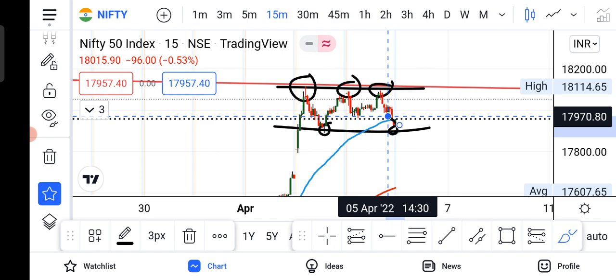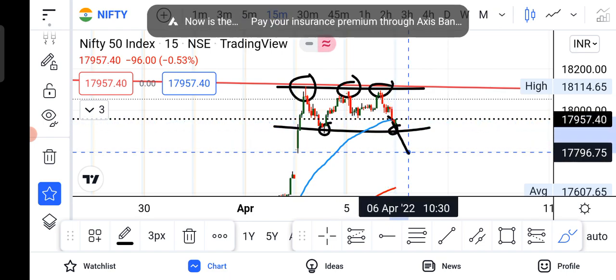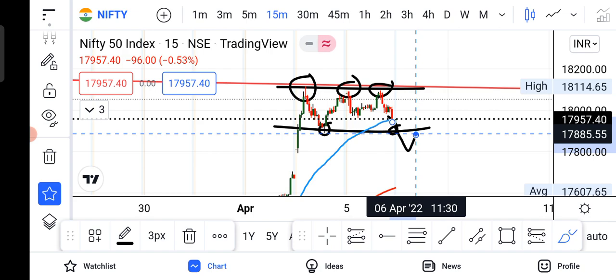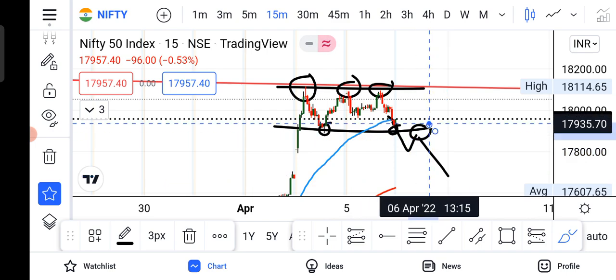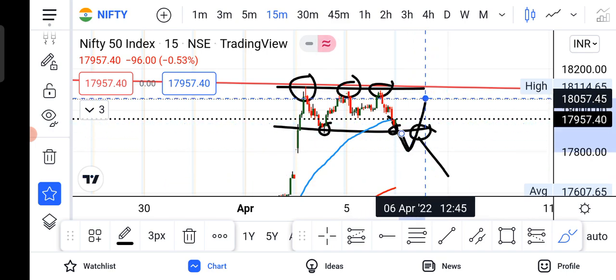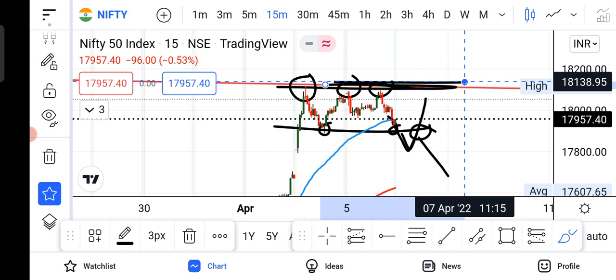So when can we say that the market will turn negative? When can we say that? When it moves out of this support. If we get a gap down tomorrow, then a retest and a continuation over here can be the possible scenario. If we don't get a retest and the stock gaps down and straight away enters into the zone, then the chart will still remain positive and we can again see this area being tested, right?